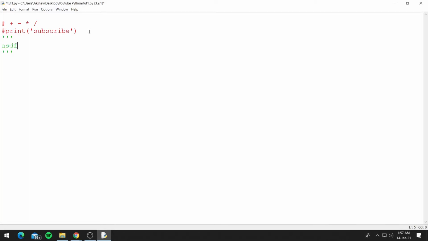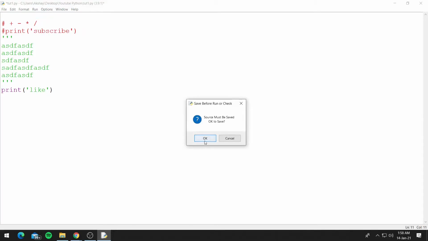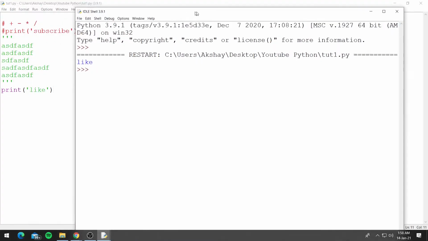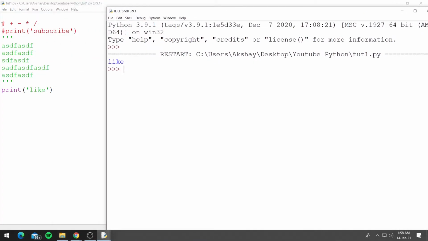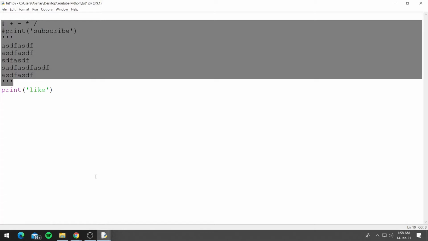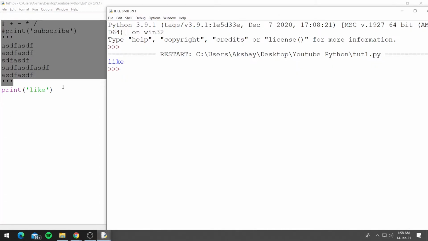So anything you type in between over here will be neglected by Python. So let's run this. So as you can see, Python neglected all these comments and just printed like, which is not a comment.